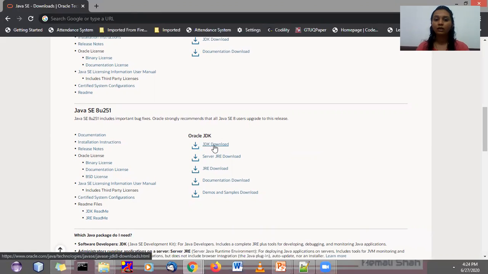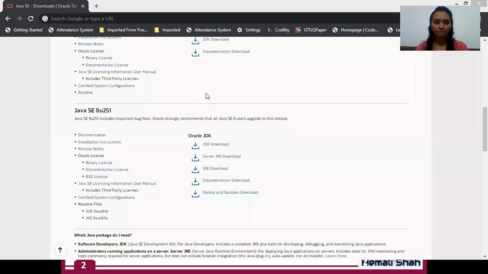You just need to click on this link, JDK download. Download from this link, and you will get one executable file, right? That file you can download, then just press the downloaded file and install it in your computer. I have already downloaded this file and I'm going to install this software in my computer so that you can get the idea about it, right?